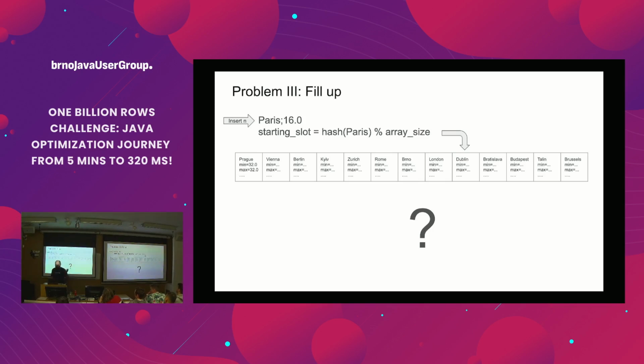So whenever I'm implementing this structure, I need to make sure that I will never insert more than I have capacity. I can do some trick with resizing and so on. I don't need to do it here because I know the upper bound. I know that there will never be more than 10,000 cities, so I can just size my array appropriately, so this will never happen. And in fact, if I have 10,000 cities, the array should be quite a bit bigger, because if it's almost full, then it will be very similar to linear probing, right? Because if it's mostly full, I will do, is it empty? No, okay, is it matching? No, and I will need to do quite a lot of probing until I find the